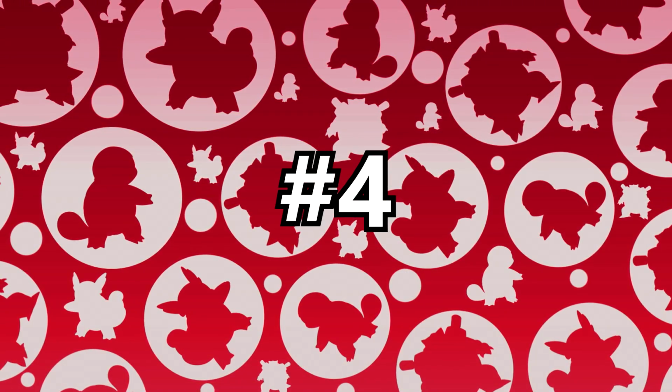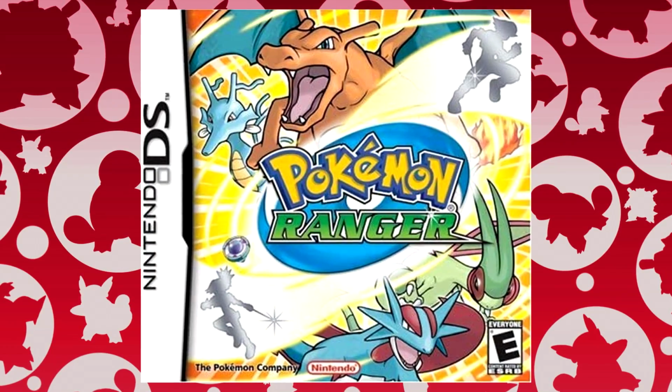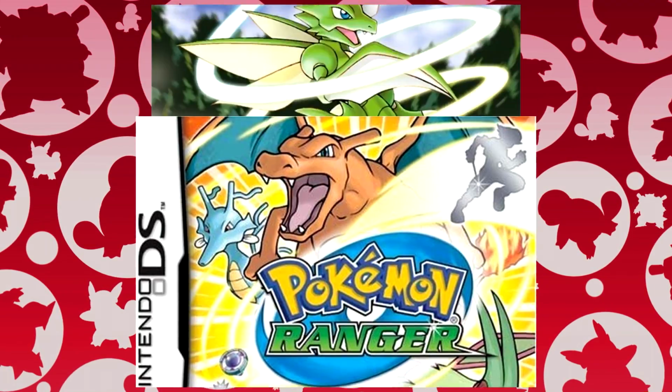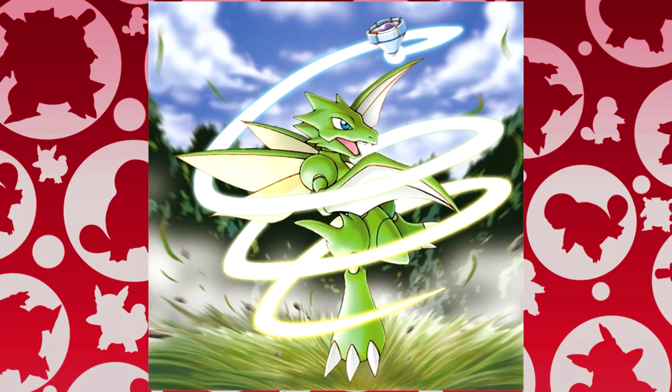Number 4. Capture On. Gotta save them all. In Pokemon Ranger, you can get most of the Pokemon in that game within the main story. However, there are a few Pokemon known as rare Pokemon. These are Pokemon which are not accessible to you during the main story, and are only accessible in the post-game